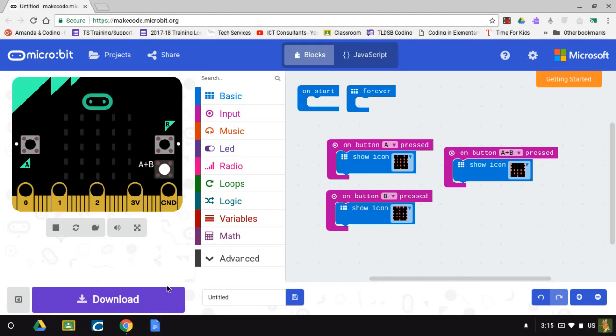So what I'm going to do first, I'm going to give my project a title. So I'll call it Ryan Sample. Once I've called it Ryan Sample, I'm ready to download this and get it into my microbit. So the first thing you're going to do, once you've given it a name, is click this download button right here. And what it does is it saves your